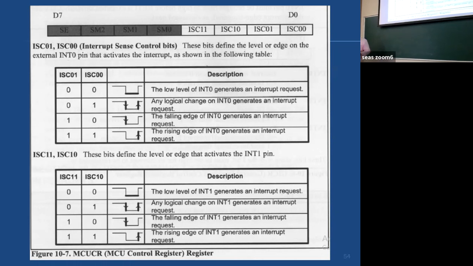And to do that, we need to program the MCU control register, MCUCR. You put the right value there, like timer control register. You decide the way you want to activate.